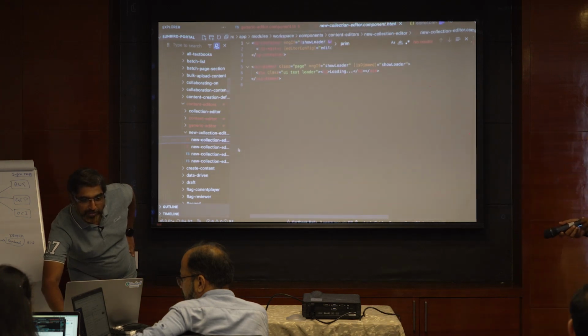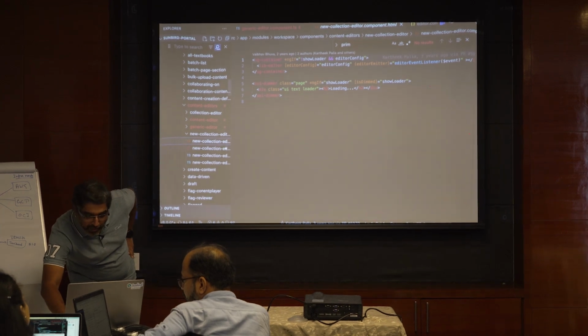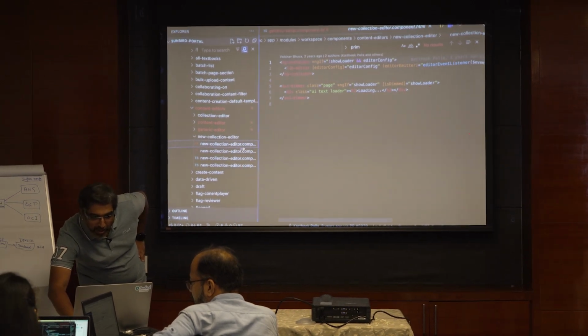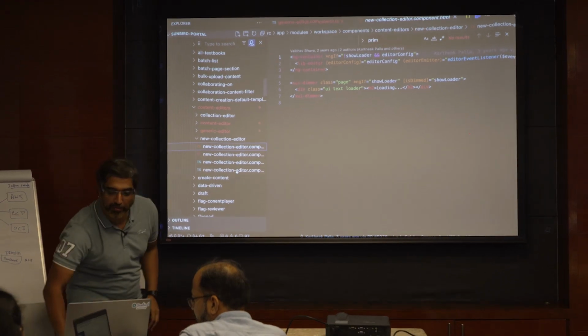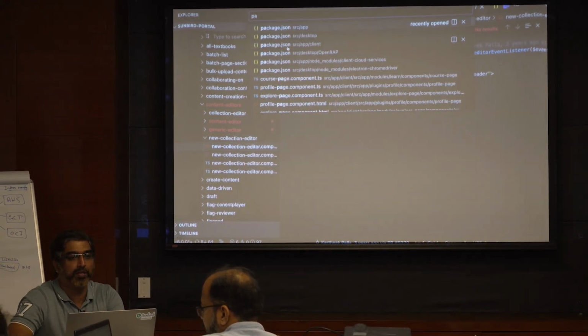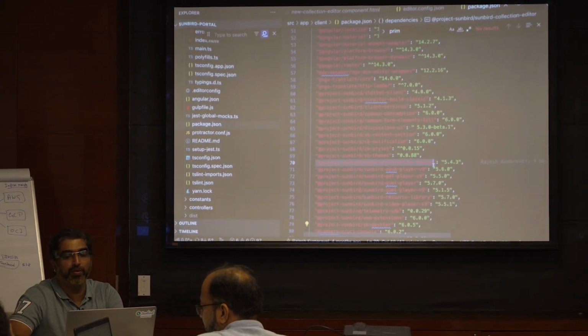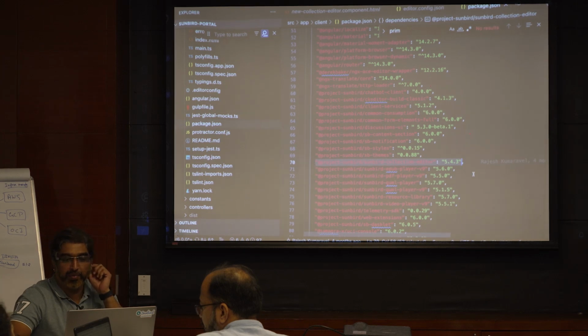Code-wise, again, it's just an NPM module. Just to show, in the package.json of the client, this is the editor. Only this one is coming as an npm module.